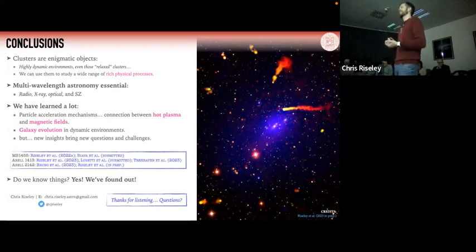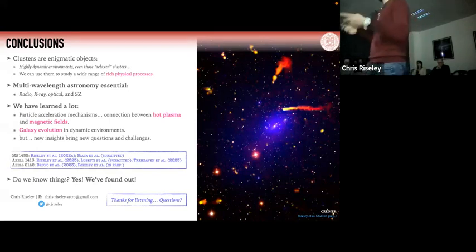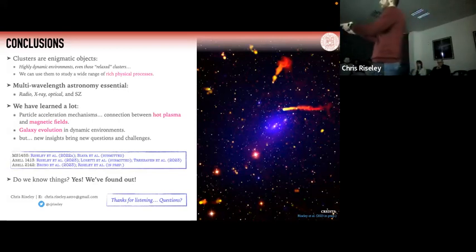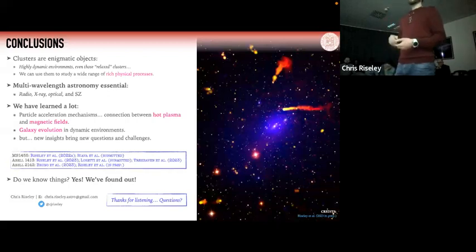The emerging picture is that this distinction between mini halos and halos is very arbitrary, and it was based on the data that was available back in the day. 20, 30 years ago, when we were coming up with the classifications for these sources, people saw very large things and called them halos, and other people saw smaller things and called them mini halos. With the data that we have now, it's much less two distinct categories and more of a continuum.